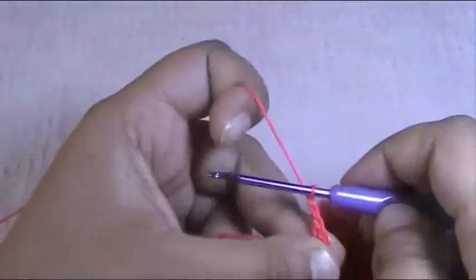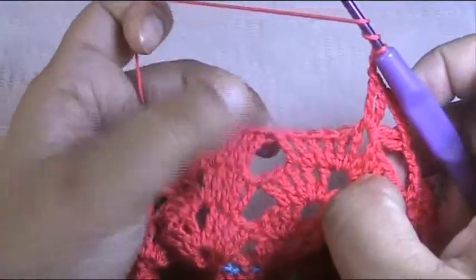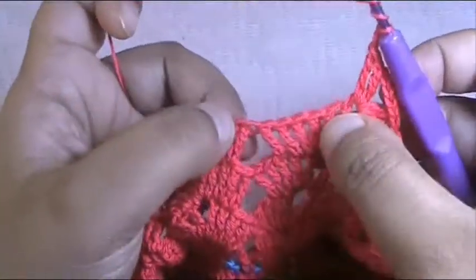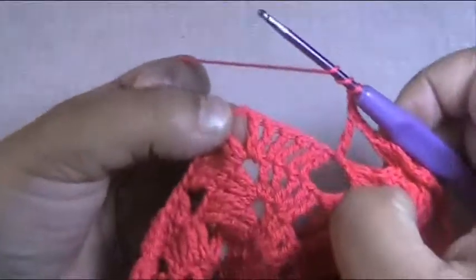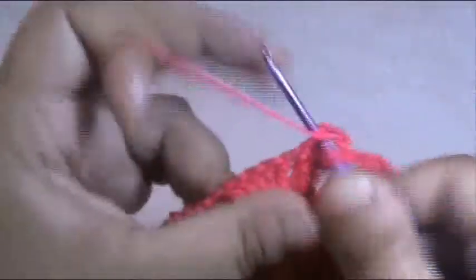Then chain 2, 1, 2, yarn over twice, go to the space between the groups of trebles here and make 1 treble, chain 2, 1, 2, yarn over twice, go directly to the 2 chain space here and make the same, 1, 2,